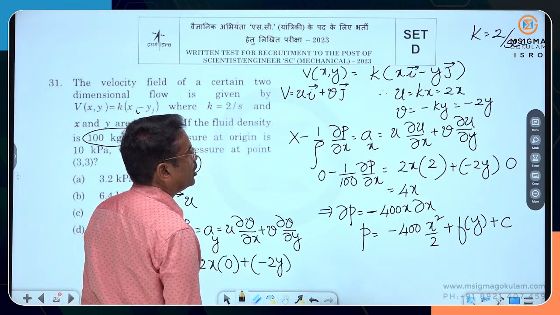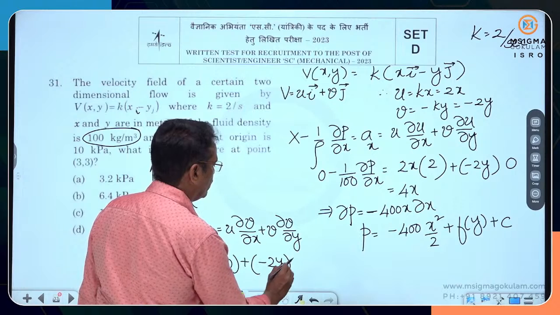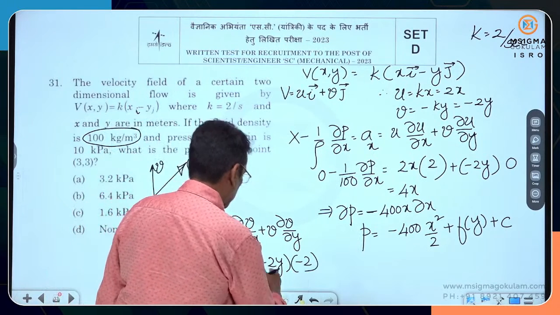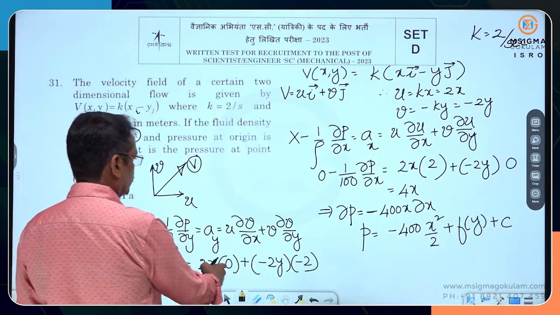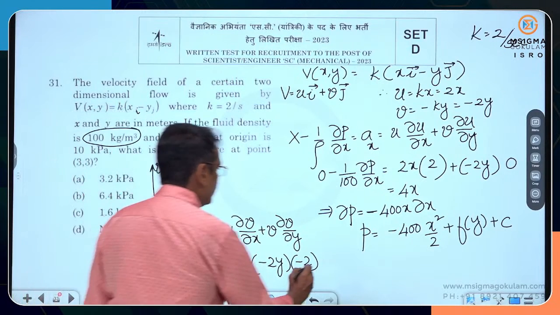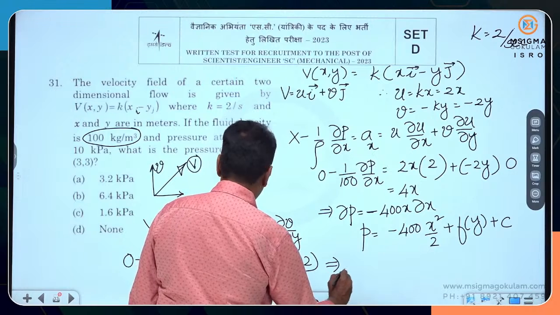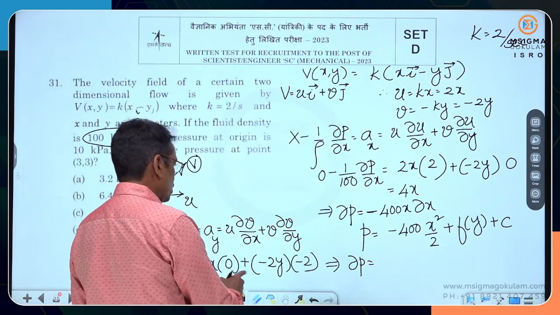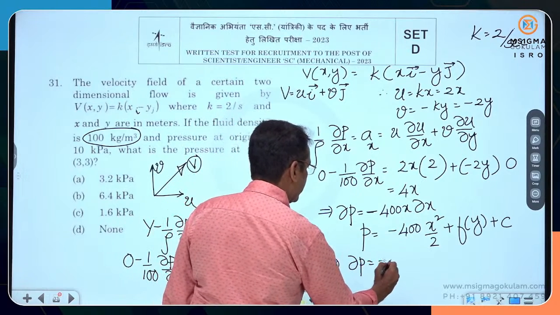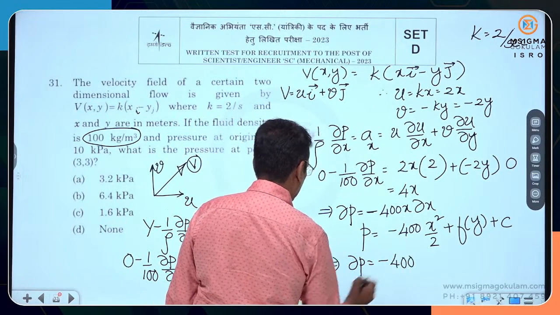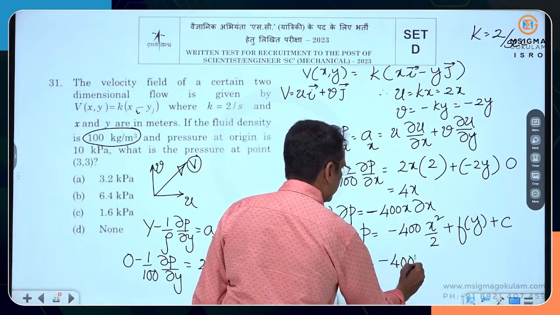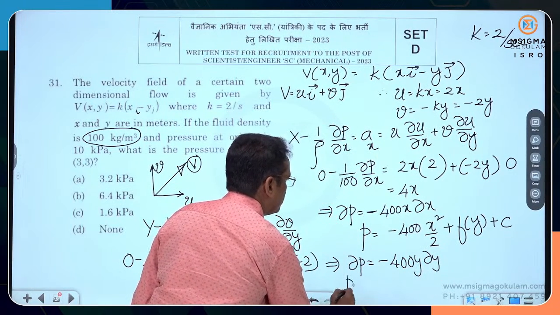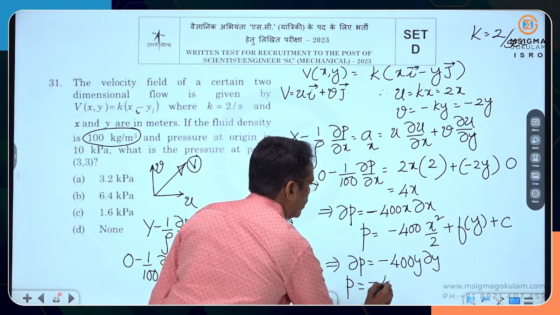What is ∂v/∂y? ∂v/∂y will be minus 2. So it is plus 4y, this will become 0, plus 4y. It implies ∂p is equal to minus 400 y ∂y. If we integrate that, p is equal to minus 400